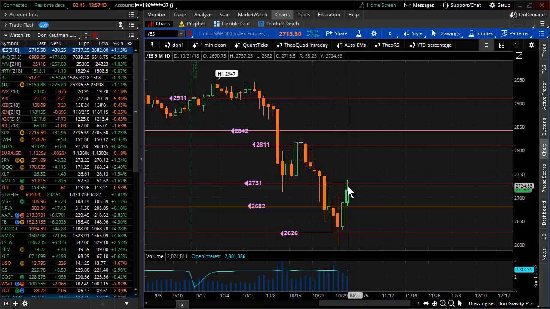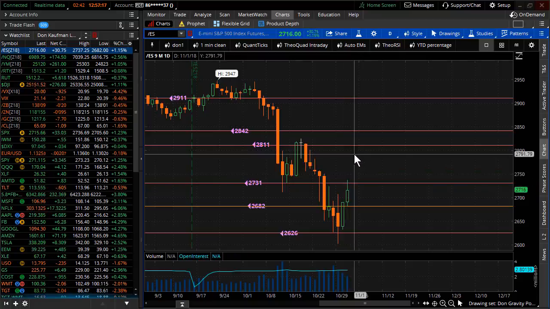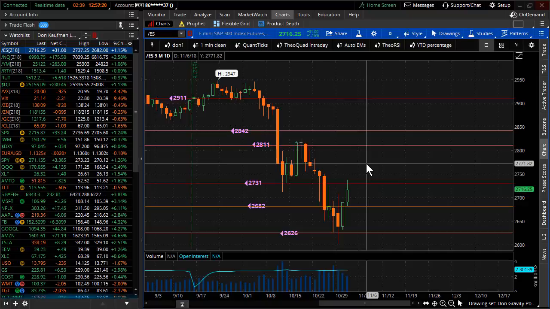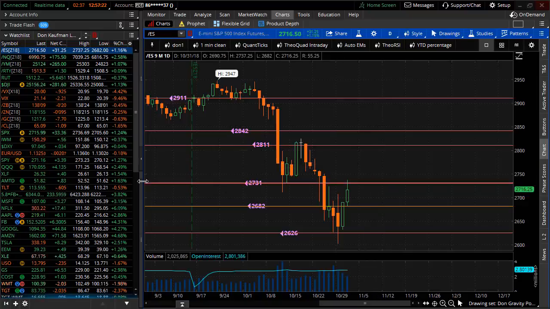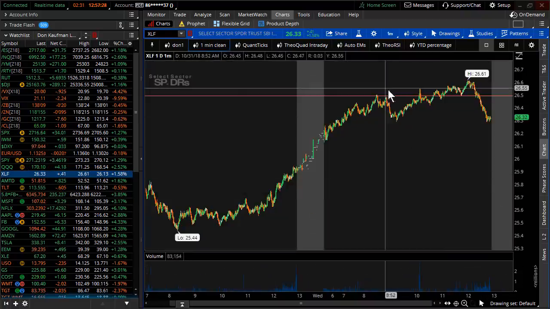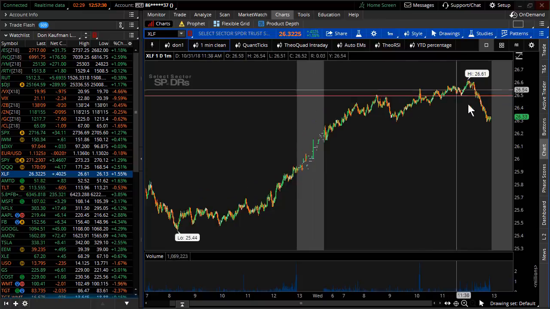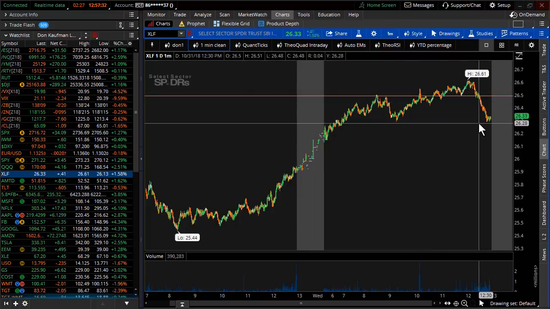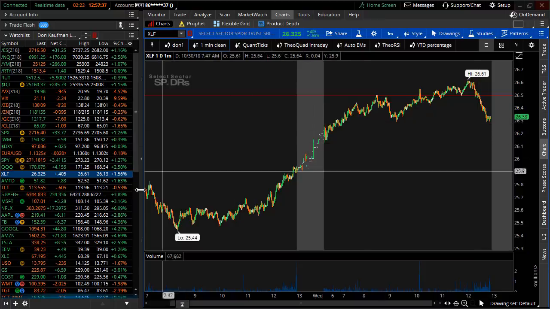Sit back, look for your entry points, okay? When I say look for entry points, all kinds of opportunities are opening up. If you want to sell out of the money call spreads, if you want to re-up some bearish positions, hey, look at the financials. They came directly to our level of 2650 and backed off. Opportunities everywhere. Step up to the plate. Be careful of the Apple earnings.